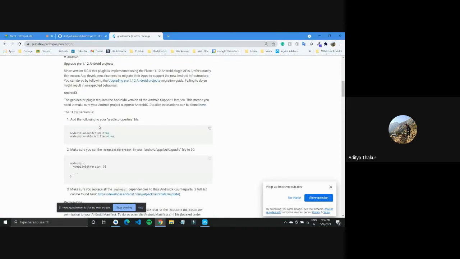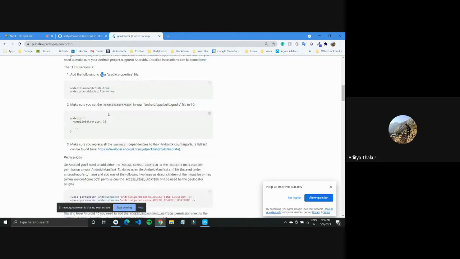So some people also get this error in AndroidX. What happens is generally the console reads like you have this error in AndroidX. So it says, okay, enable AndroidX, and most people are just looking at how to enable AndroidX. But most Flutter applications already come enabled. So then they get confused, like it's already enabled, why am I still getting this? So chances are, if you're getting this error, it would be due to the Compile SDK version being really low.